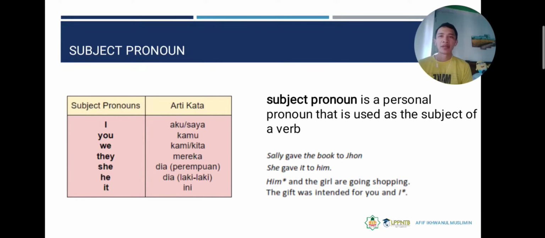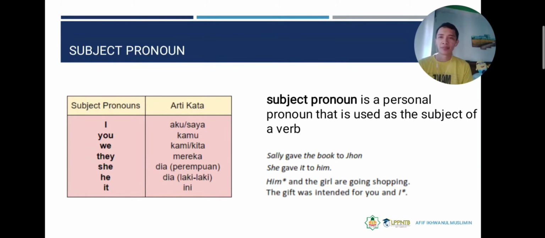For example, when I have "Sally gave the book," it means that Sally here is placed as a subject. So I can change Sally with a certain pronoun, because if I repeat the word Sally, Sally, Sally, and Sally again in a paragraph, it's not quite effective. So I can change it into "She gave it," or "She gave the book to someone else." There are some types of subject pronoun like I, aku in Bahasa; you, kamu; we, kami or kita; they, mereka; she, dia for female; and he, dia for male; and it